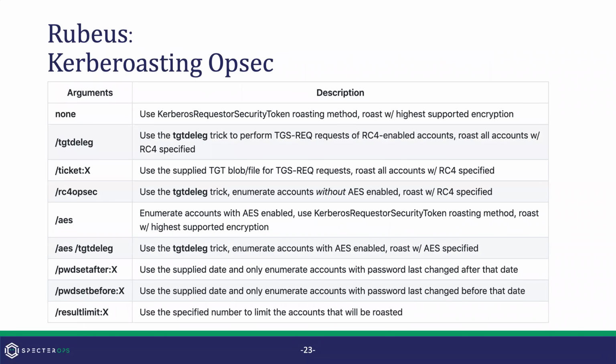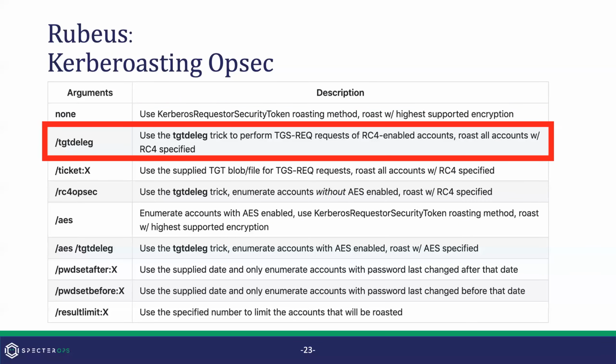So there's a lot of different things in Rubeus's kind of OPSEC for Kerberoasting. This is all on the README, which is about 50 to 60 pages long on the GitHub for Rubeus, and I'll have a link to Rubeus at the end. The one we're caring about here is with the kerberoast command. There's a /tgtdeleg flag that does the TGT delegation trick to perform the TGS request for RC4-enabled service accounts, roasting accounts with RC4 hard specified and without using the .NET internals to pull stuff down, which is the default. I'll cover some more of the OPSEC stuff here in just a couple of slides.